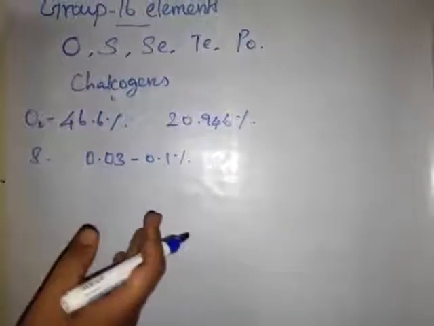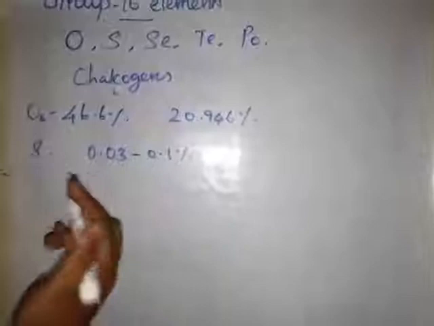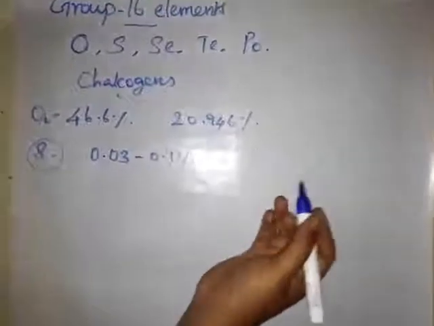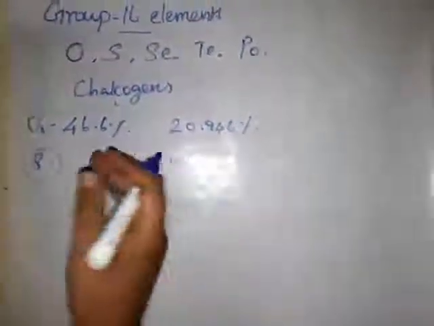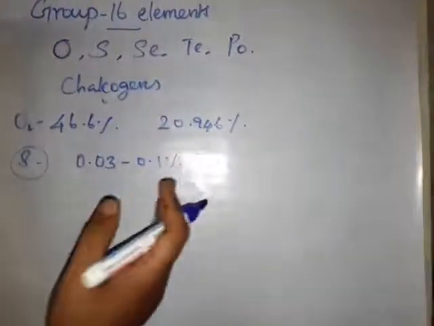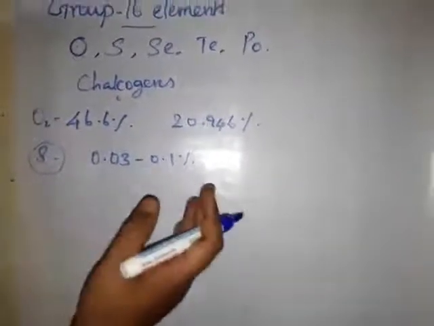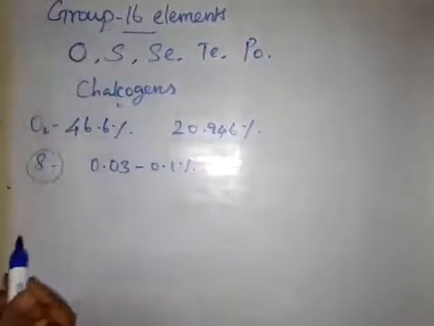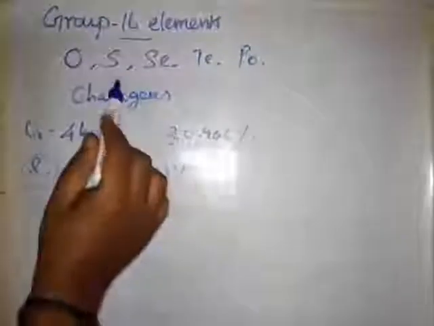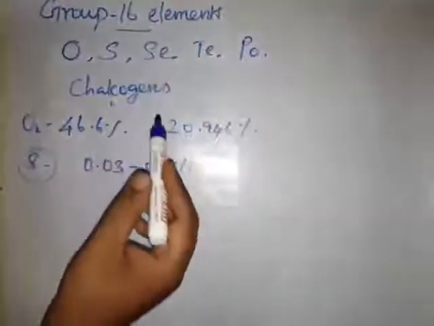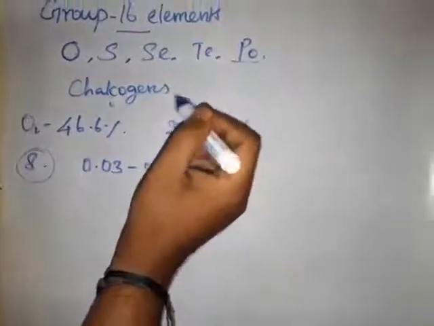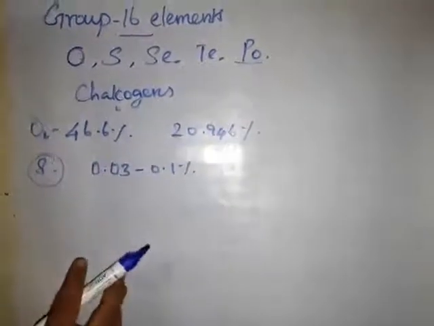Sulfur also exists in combined form, that is as sulfates, such as gypsum, Epsom salt, barytes, and so on. Also galena, zinc blende, copper pyrites. Traces of sulfur occur as hydrogen sulfide in volcanoes. Selenium and tellurium occur as metal selenides and tellurides in sulfide ores. Polonium is radioactive, a decay product of thorium and uranium minerals.